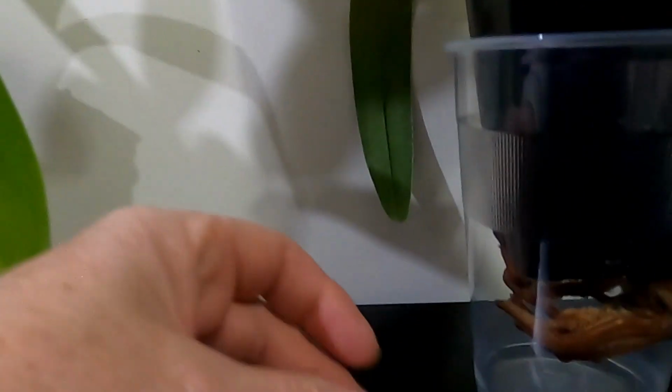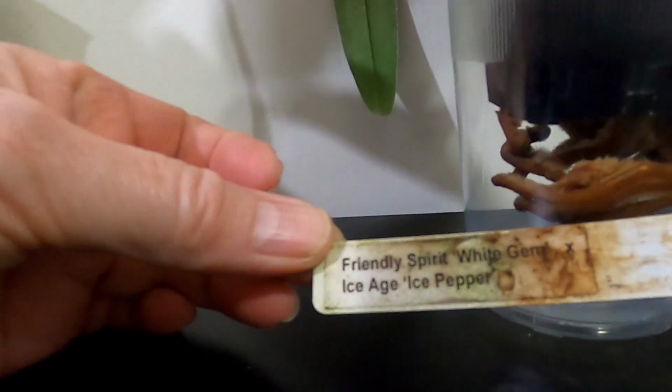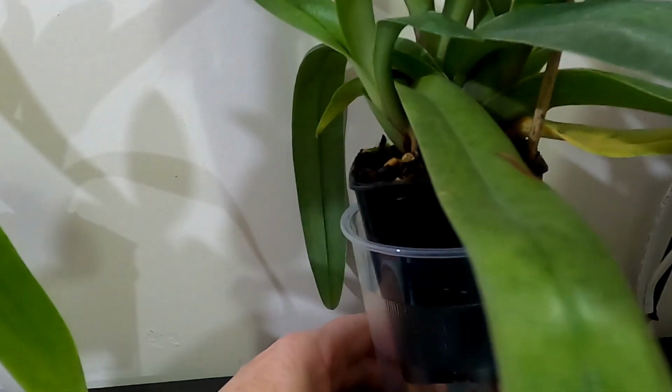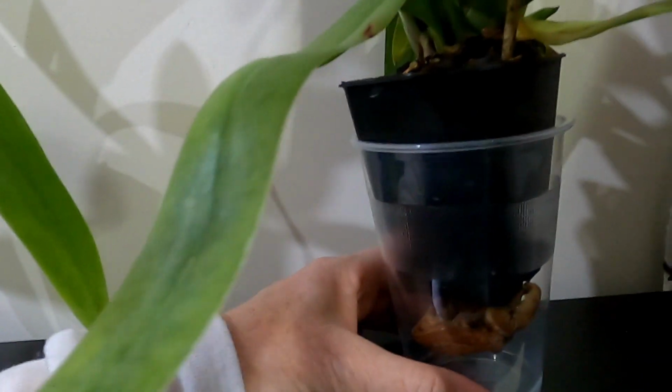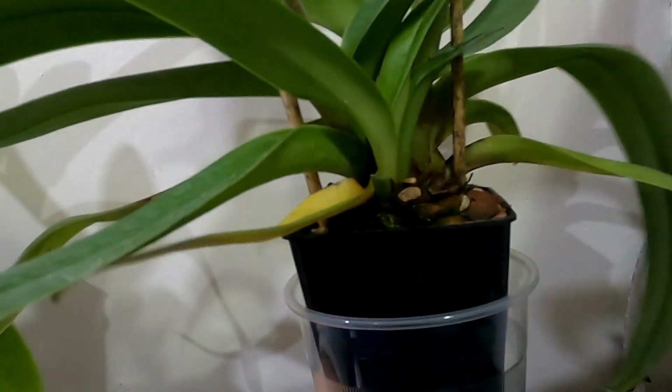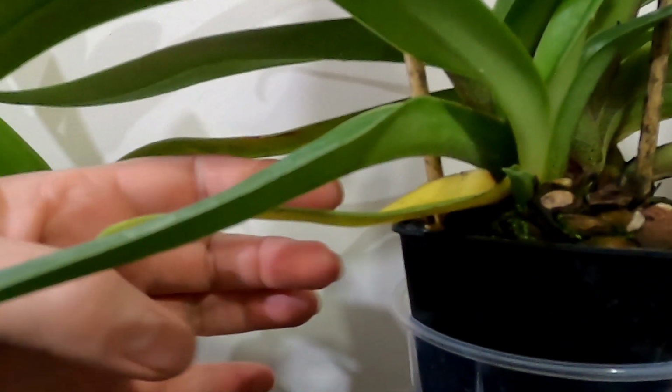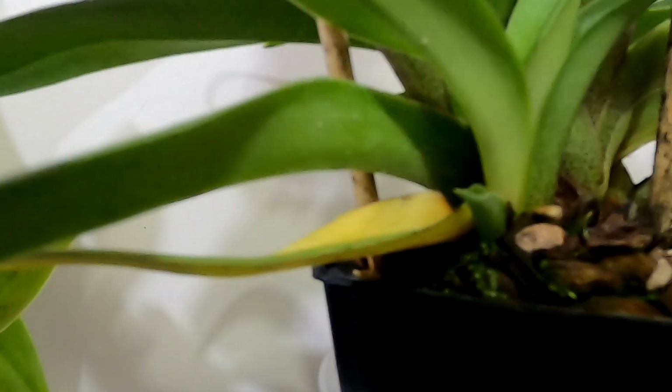So the name of this one is Friendly Spirit White Gem times Ice Age Ice Pepper. So there's 1, 2, I think 3, 4 fans. So this new little one here, the 2 that are flowering,